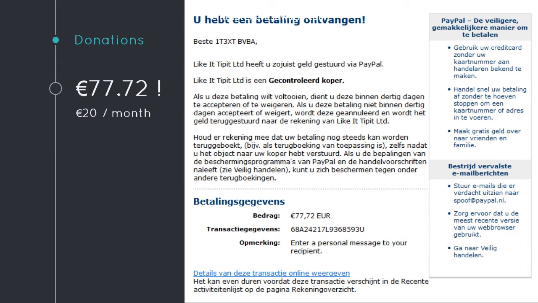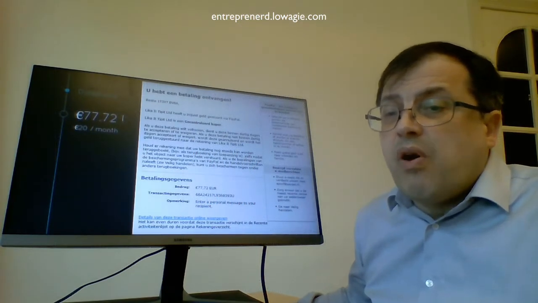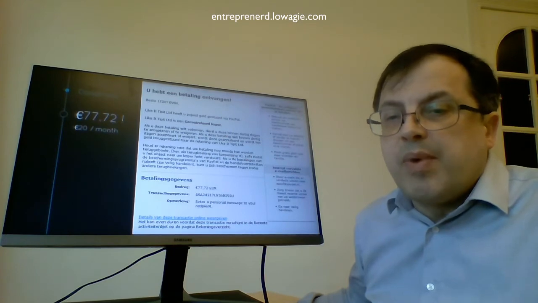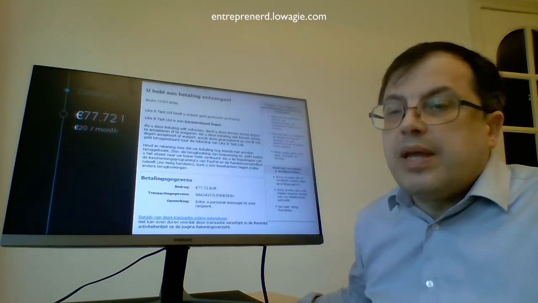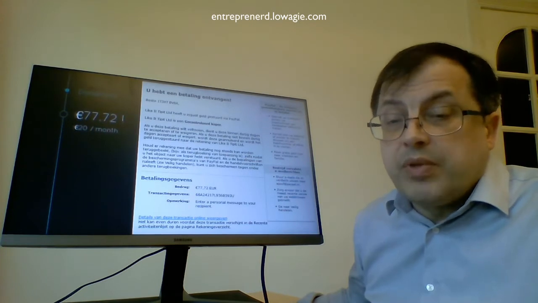In 4 months' time, I had made the grand total of 77.72 euros. That's less than 20 euros in a month. With iText, I had created value for hundreds, maybe thousands of companies, but I had failed to create value for myself. Due to my son being in the hospital with cancer, our first company almost went bankrupt, and I almost